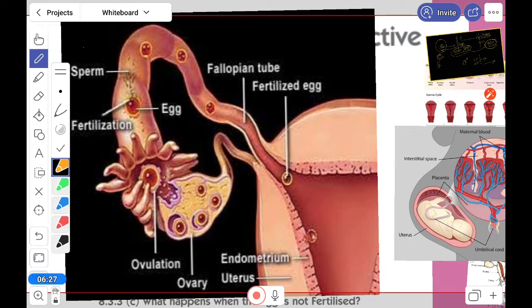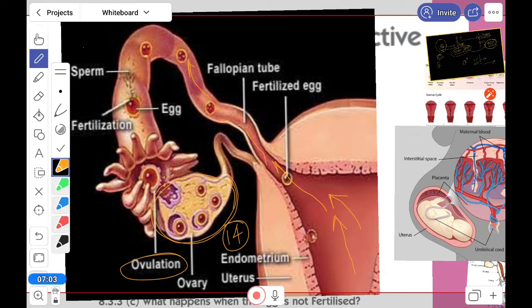Okay. Now look here. This is the root. This is the uterus. I think you can understand from this diagram. The sperm enters here, into this fallopian tube. Now, before that, the egg. See that the ovum is produced inside the ovary. Inside the ovary, it takes 14 days to prepare. On the 14th day, ovulation.